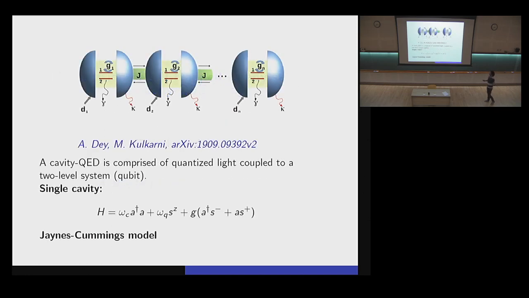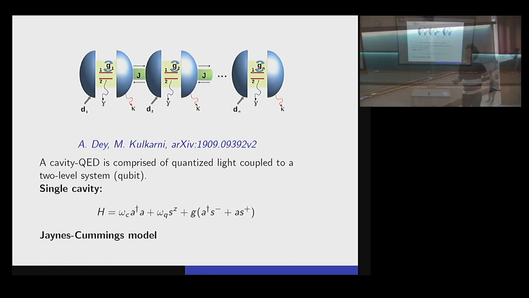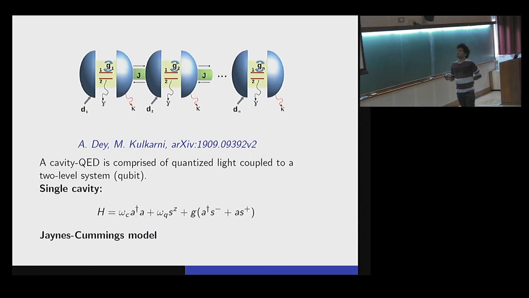As shown in the schematic, we arrange identical cavities in a 1D lattice. The cavities are tunnel coupled. In addition, each of these cavities contains quantized light modes, that is photons. And there is an embedded two-level system, or the qubit, which is coupled to the photons via this intensity G1. To take into account a realistic situation, we also allow photon loss via this kappa channel and spontaneous decay of the qubit via gamma.